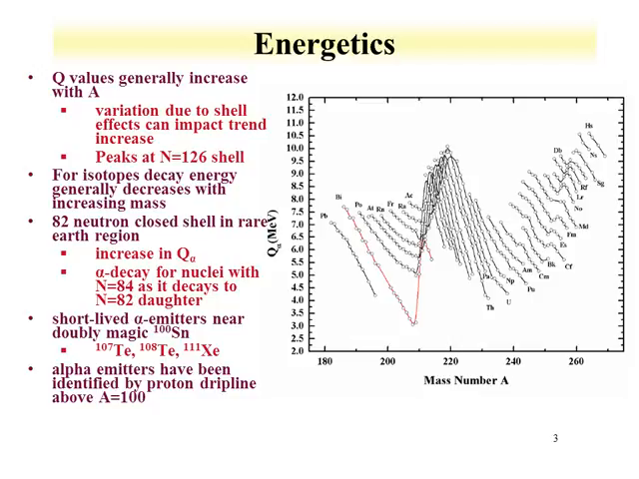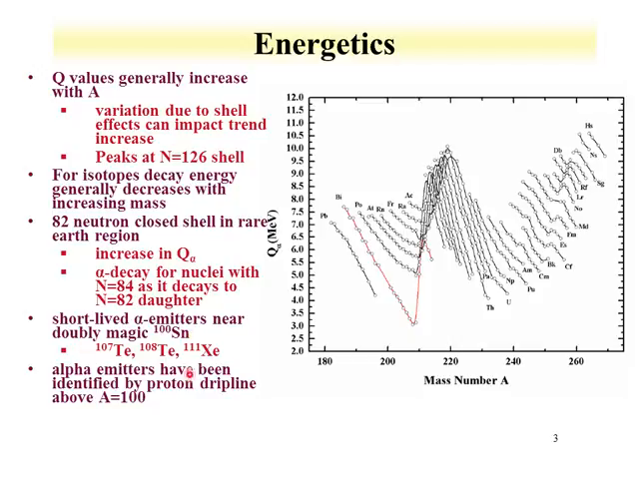There's also some shell effects that we see with this Q value. We see peaks at N of 126. We also see that there's alpha decay near the 82 neutron closed shell, which is found in the lanthanides. We get an increase in the Q value there since we get an increase in the alpha decay energy. The alpha half-life decreases, so that we can start to see some competition between alpha decay and other modes of decay. There's also some short-lived alpha emitters near doubly magic tin 100, and you can